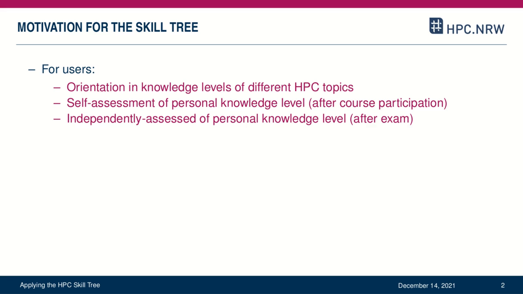And it helps to provide self-assessment to see whether I am on the level that someone else defined for a certain topic. But it also provides this independently assessed level of personal knowledge after an exam, which I think is also still